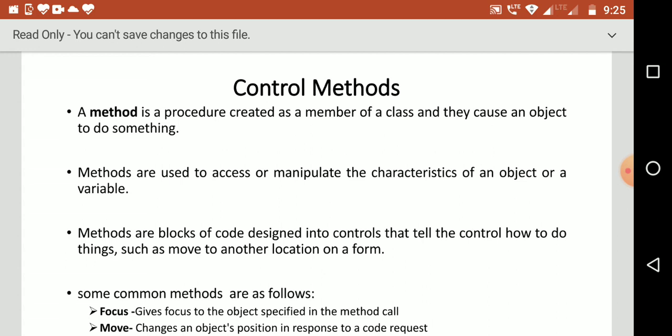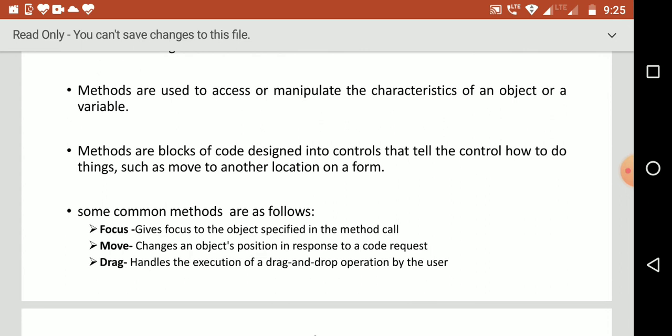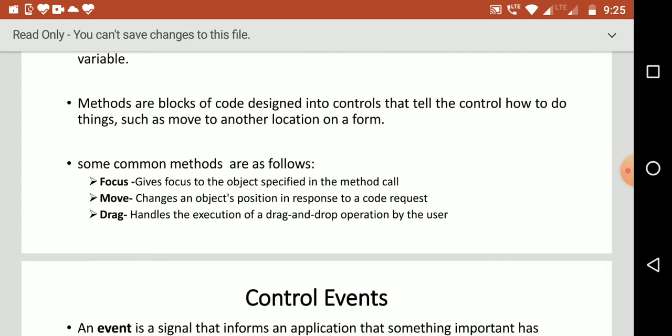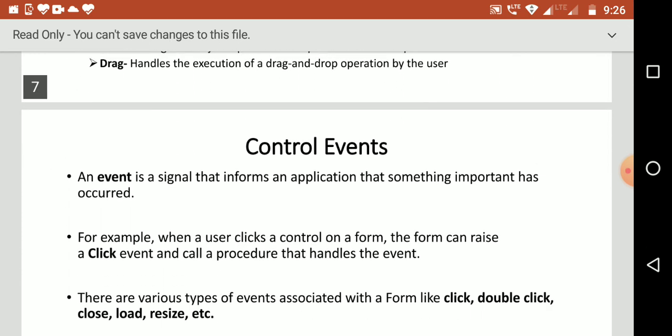Methods are blocks of code designed into controls that tell the control how to do something, such as moving to another location on a form. Some common methods are focus, which gives focus to the object specified in the method call; move, which changes an object's position in response to a code request; and drag, which handles the execution of a drag and drop operation by the user.